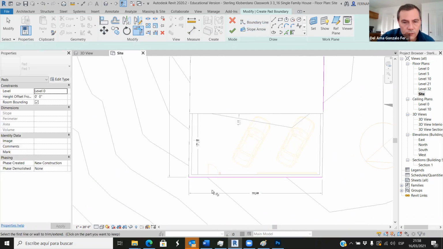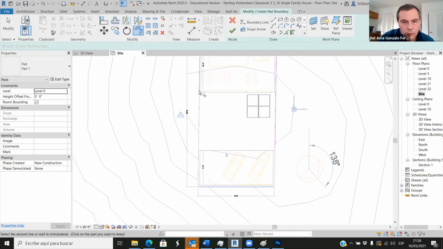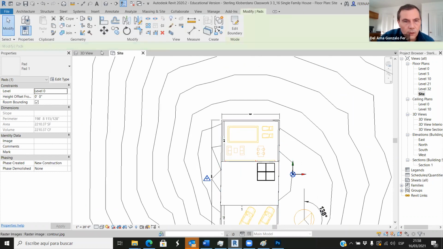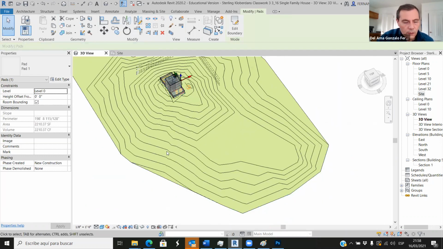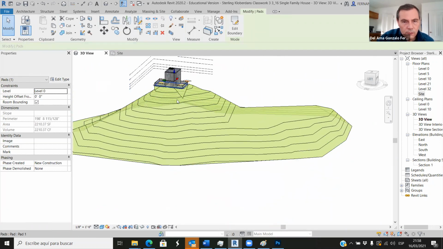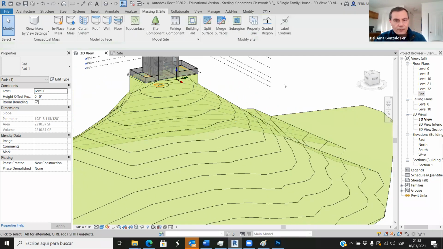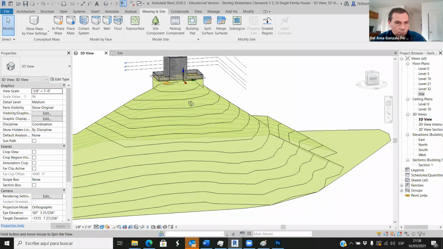I will trim 1, 2, 3, and 4. And how's that? Okay. So yes, now you see that at least I have a podium, I have a base